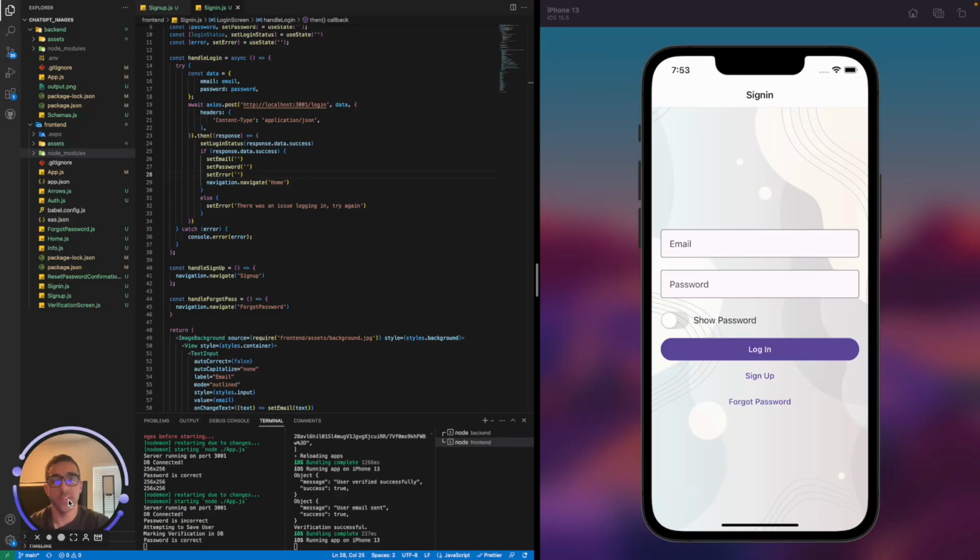What's going on YouTube? In this video, I'll be showing you how to create a simple forgot password feature in your applications using React Native Expo as your front end, Node as your back end, and MongoDB as your database. By the end of this video, you should be set up to create a full feature that sends the user a verification code to reset their password, and by the end of it, they will have a reset password for